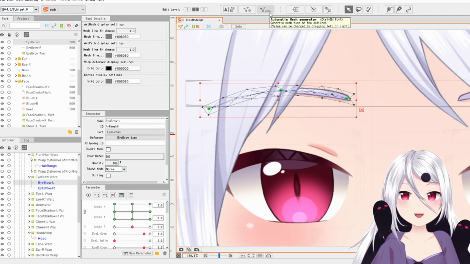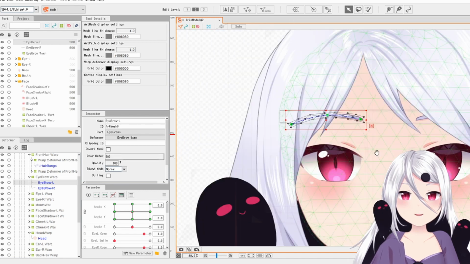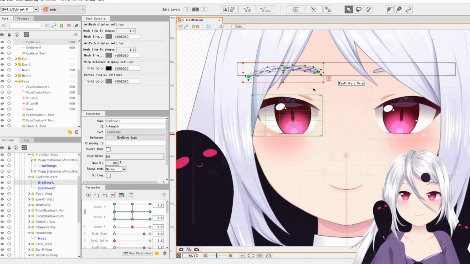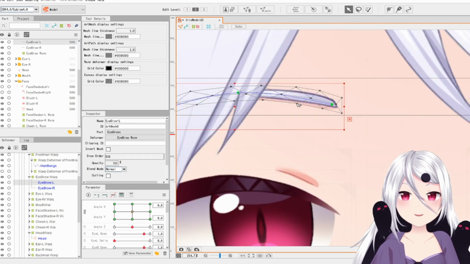If I did it with the automatic mesh generator, I actually created the eyebrow meshes and other things that I wanted to be more precise myself, because again, your points will actually pull at and warp in correlation with your actual